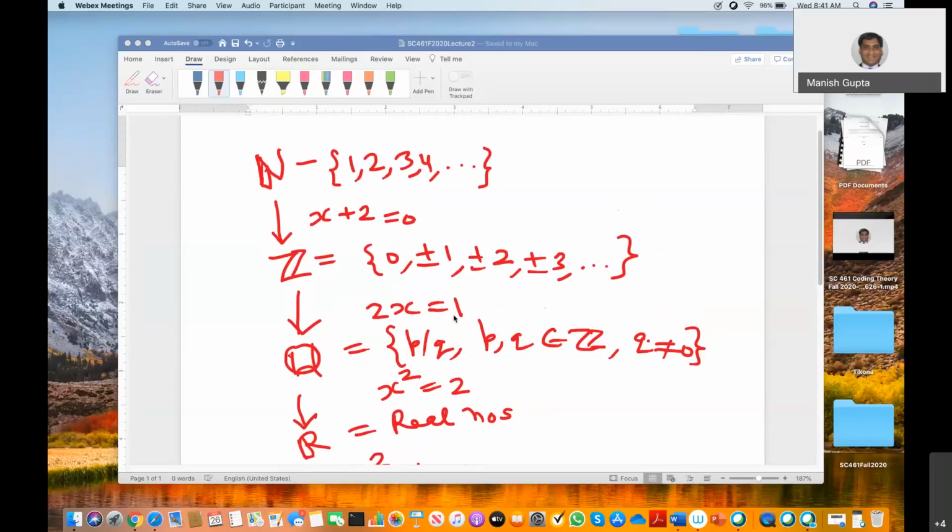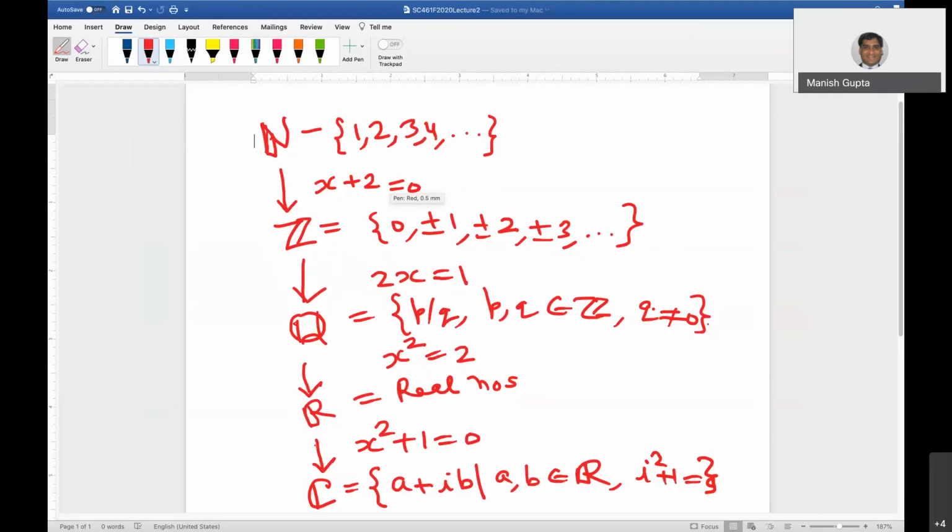We have the set of natural numbers, right? 1, 2, 3, 4, 5, 6, and then we have the set of integers, because there were equations which we cannot solve in the set of natural numbers, then the set of rational numbers. So here actually Q, R, and C